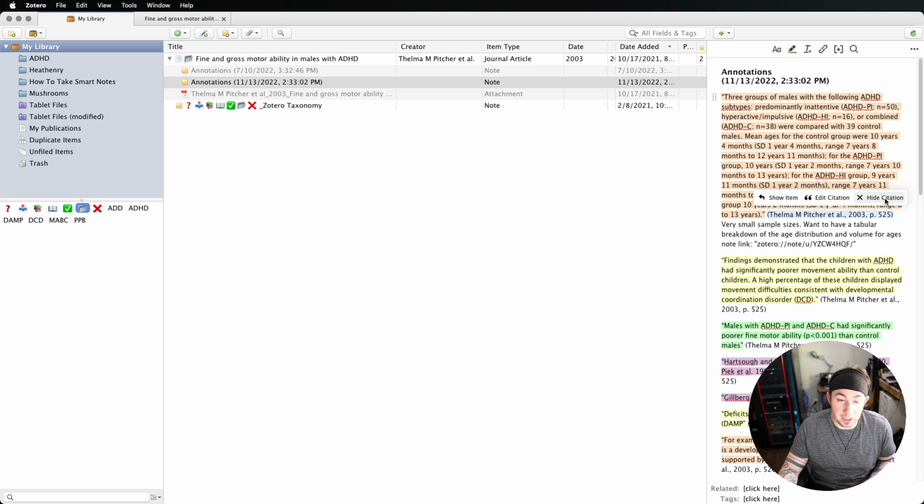So you have both the original highlighted content, the citation information if you care. If you don't want that, you can actually hide this. You can show the item, edit the citation, whatever. But you also have your specific comments on that highlight right there. So now that the annotations have been extracted into this file, you can see that the colors are here, and